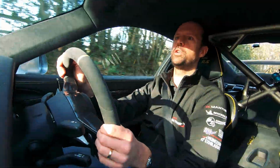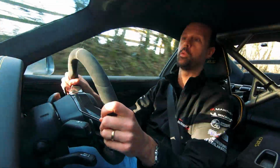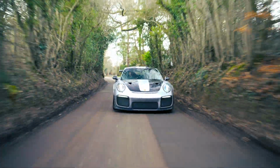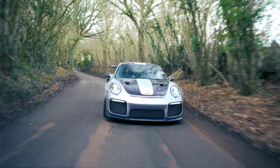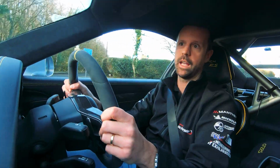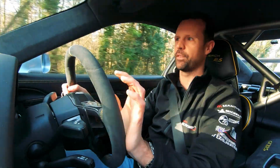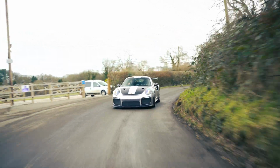So I'm using 15% throttle opening to make progress. Anything more than that, frankly, the rears are lighting up, and it's not being showboating, it's not being a clown. It's just, it does not have the grip to withstand 700 horsepower. So as the car warms up and we're starting to use a bit more throttle,